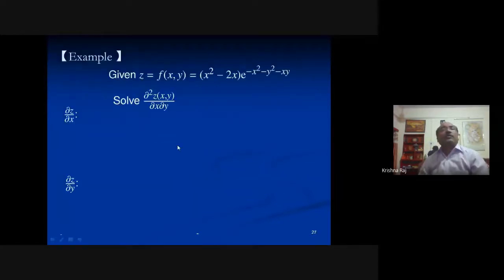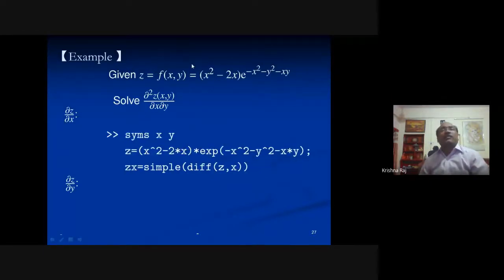In order to solve this type of example, suppose this is the example having the function of x and y, and we have to differentiate it with respect to them. Partial differentiation has to be considered here, del z by del x and del z by del y. The same can be done by this command which we have described in the previous slide here, that is, describe this one function and then put this one.